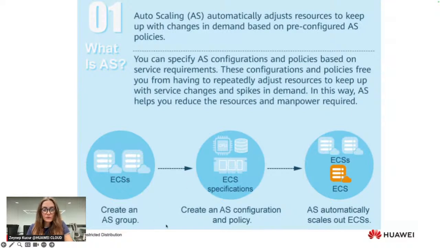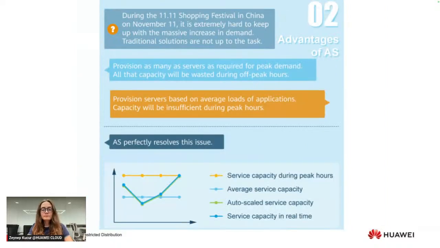So you create an auto-scaling group, and then you create a policy, and auto-scaling automatically scales out ECSs for you. Here's an example. Auto-scaling comes into play, especially during events like the 11/11 Shopping Festival. It handles sudden spikes in traffic and adjusts server